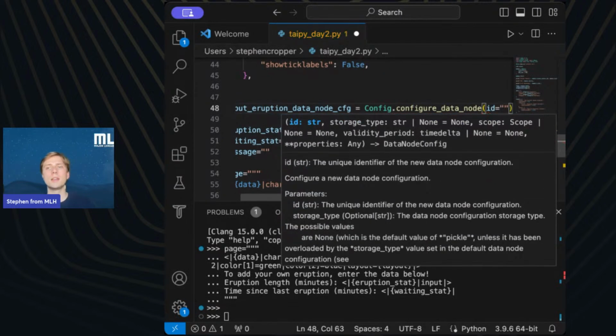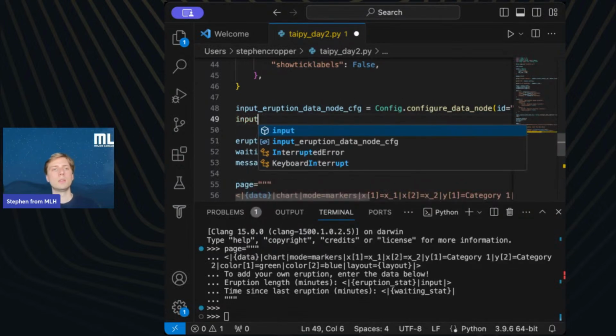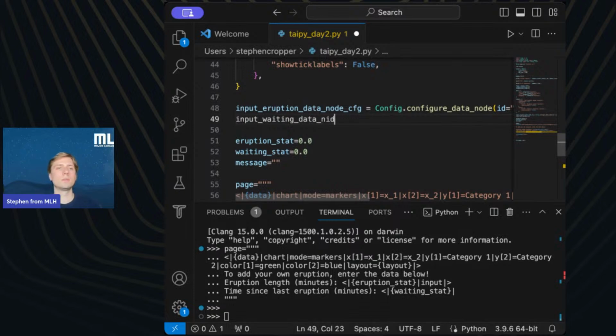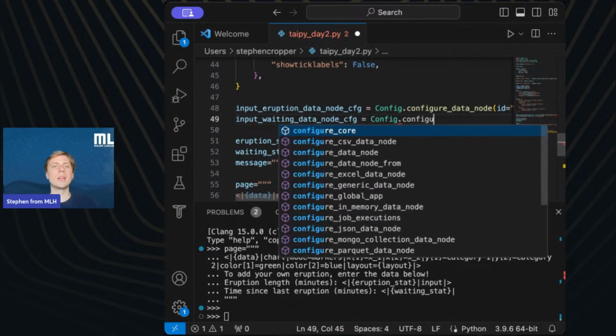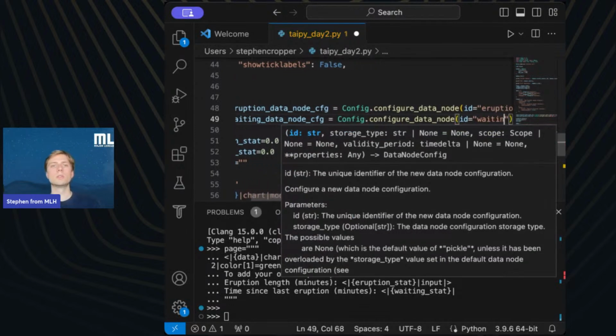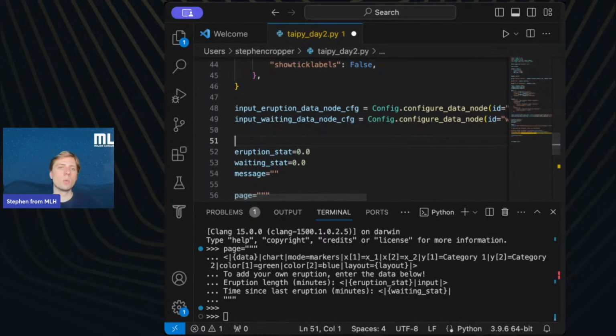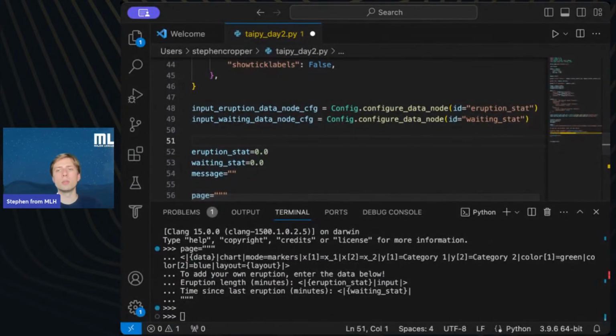And we'll give them the ID eruption stat. And then this one, I will say input waiting data node. We'll also use the config library and get this configure data node going. And we'll use waiting stat as the ID, because I like to match up the IDs with the variable names. The reason for that is because it makes it easier to do the whole submitting the scenario thing and updating the state.